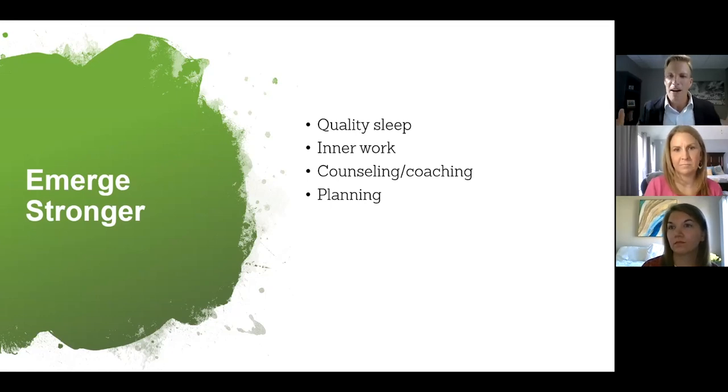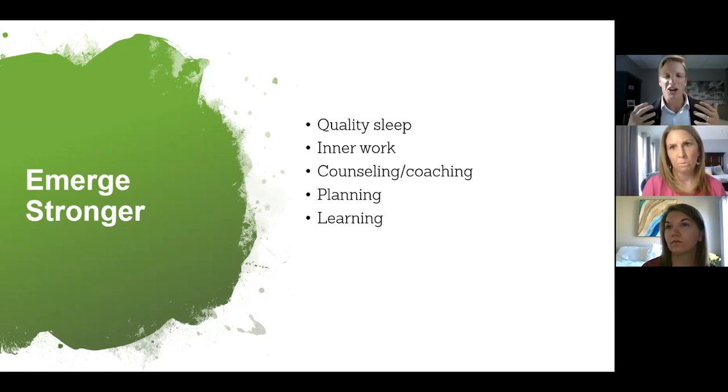Now, maybe those plans are going to need to change. We can't be rigid in our plans, especially in this ever-changing and uncertain environment. But yet we can establish some type of plans towards getting us in the direction of the vision that we're trying to achieve. And also learning as we go. Several of us have mentioned in the chat that it's going to be key for us to learn and grow